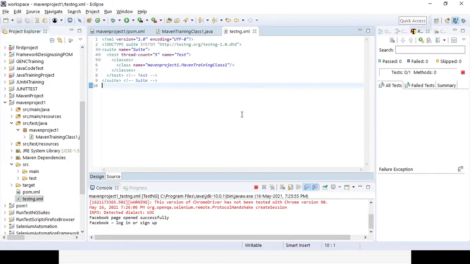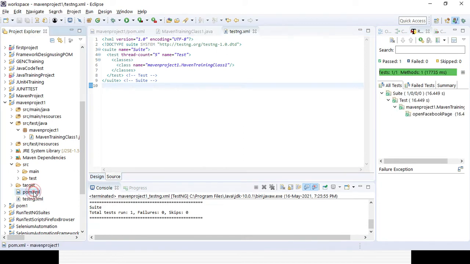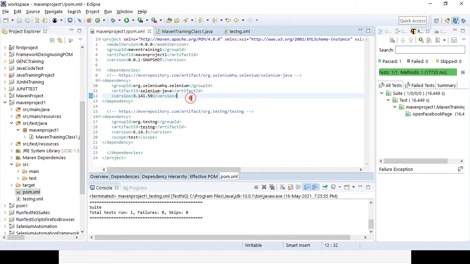Okay. Now if you want to run it with the help of the pom.xml file, so what will happen? If you open the pom.xml file, so that is the pom.xml file, right? So from here also there is a provision, because the main objective of Maven is a build tool, a build management tool. We can validate the build, right? So we can clean the project, we can compile, we can test, and we can package it, right?